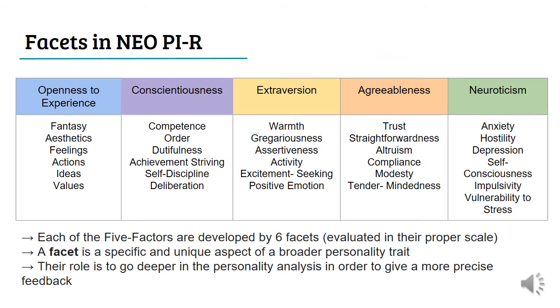Another important aspect is the facets that have already been mentioned before. It means that for each factor, you can also have facets. That means that they are more precise, and they explain your factor depending on some variables. They are all in their own scales, and it helps to understand in what kind of way you have a high or low score in, for instance, openness or agreeableness. Their role is also to give some deeper information and also to compare them better against each other and make some correlation.